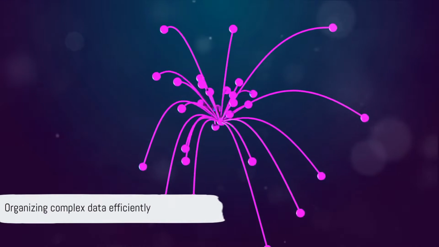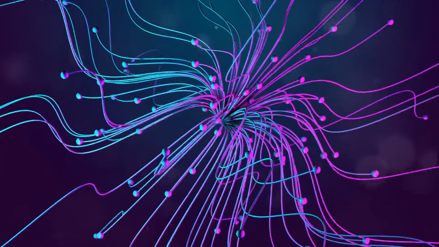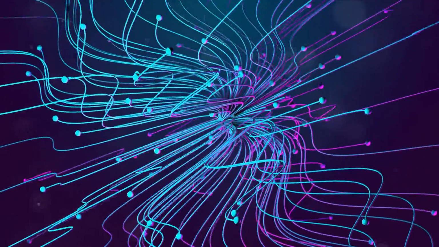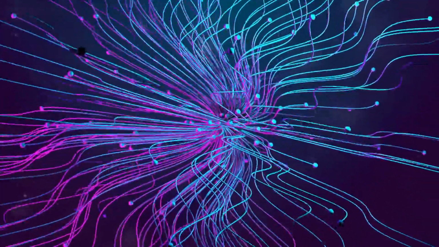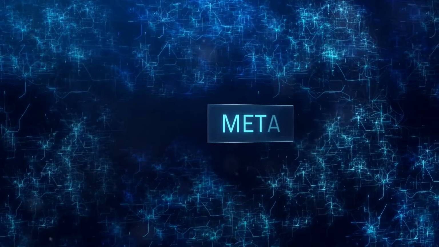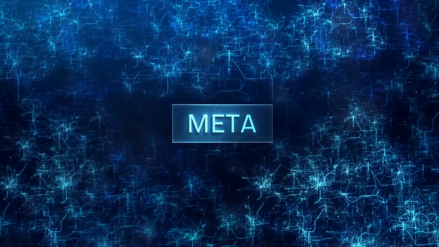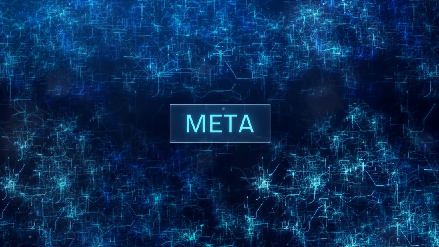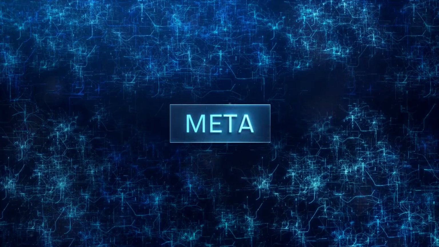These algorithms, and others like them, are the tools data scientists use to paint their pictures with the least amount of ink, or in other words, to organize and understand complex data in the most efficient way possible. To sum up, the minimum spanning tree is like the ultimate bargain hunter of machine learning, always looking for the most cost-effective way to understand and organize data. It's a concept that underpins many of the algorithms used in data science, helping to transform raw, unstructured data into